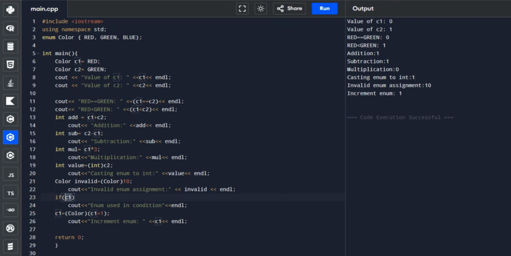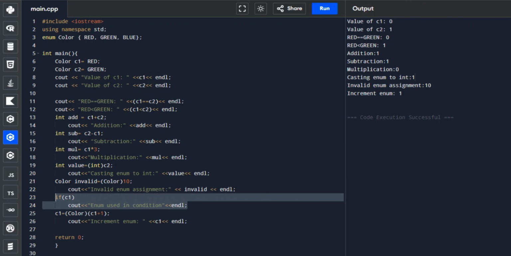So the constant red has the value 0, which is considered false in the condition. So the statement inside the if block was not executed. If the value were green or blue, or C2 or C3, which are non-zero values, then the condition would be true and the message would be displayed.